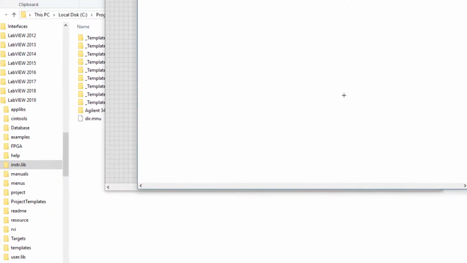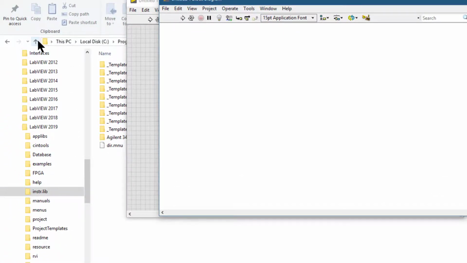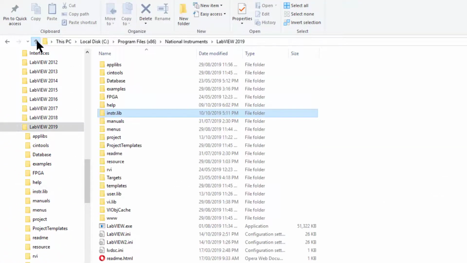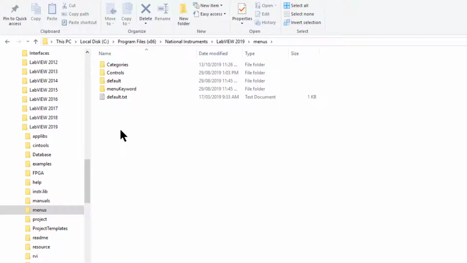After the libraries, let's go to the other folders. In the menus, these contain the LabVIEW files which are used to configure the structure of the controls and functions palettes. All these go here, the menu files etc. The resource folder,